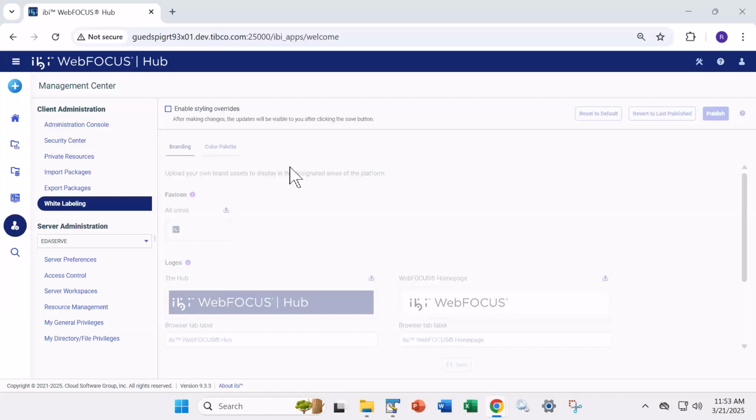So with this feature, you can update the favicon, the browser tab label text, banner logos, and really change the default color palette for the WebFOCUS interface. And because these changes can impact, obviously, every user, as part of the feature, this is really available for the WebFOCUS administrator,